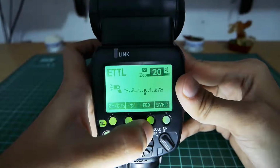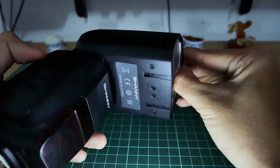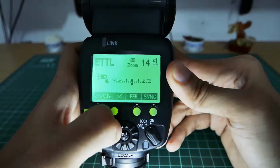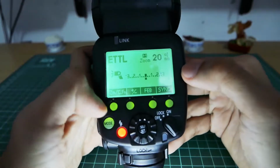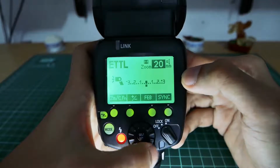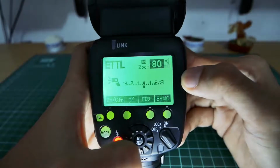This is automatic. So if we change to 40 millimeter, there's a bounce card here. If we put it in, then we can set to 40 millimeter, but we cannot change the zoom, because this is the default state. If we pull it back again, it returns to normal, and we can set whatever number we want. So the lowest number is 14 millimeter, and then 24, 28, 35, 50 millimeter, 70 millimeter, 80 millimeter,